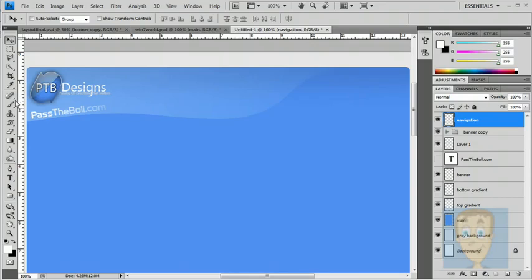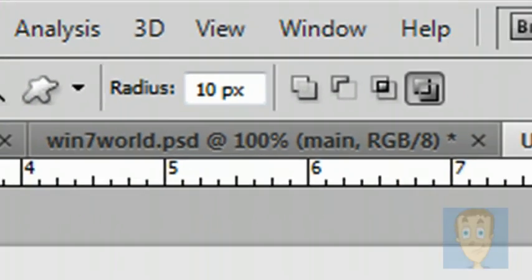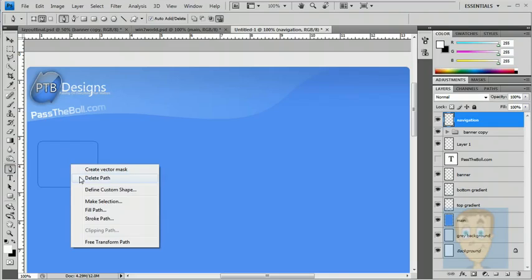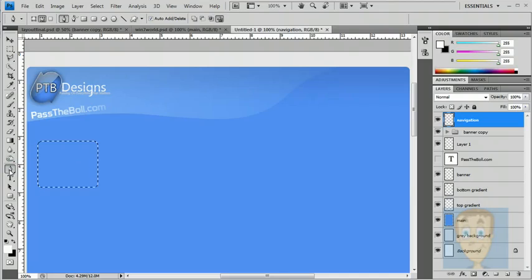Once you've done that, let's go to the rounded rectangle tool, have a radius of about 10 pixels, and let's create a nice navigation button size. That looks about good. Notice this won't be the actual size of the button because that is massive. But what you want to do is click Make Selection, 0 as the feather, hit OK,